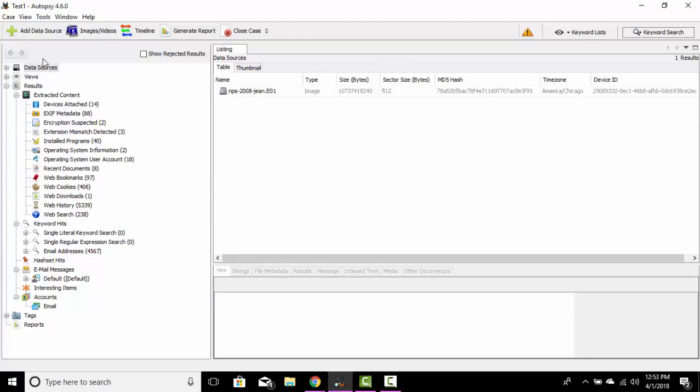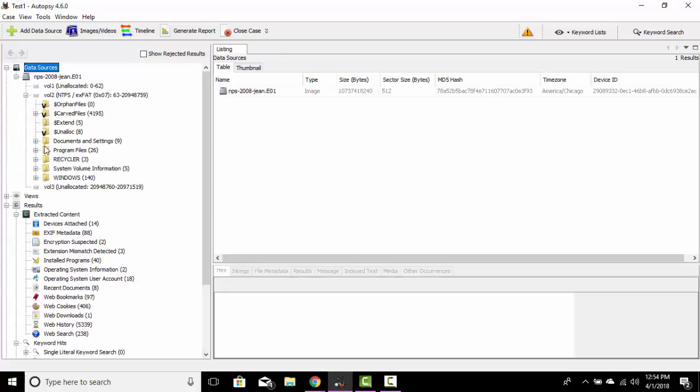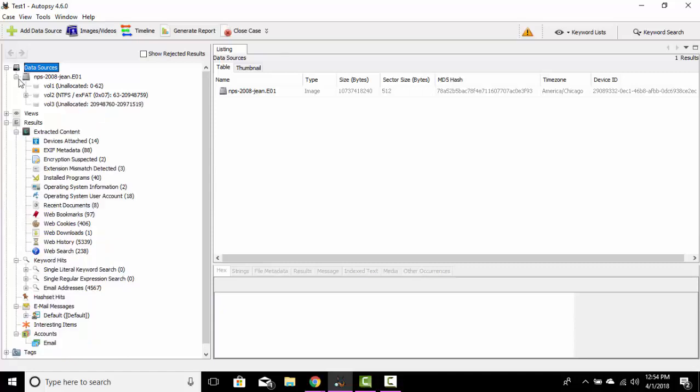So what I want to do is come down to the left-hand portion, and we'll highlight the data source. So this is showing us where this data source is, where the data is coming from. And this is the image that we uploaded. So I can click the plus button, and this is going to allow me to dial down deeper and deeper if I wanted to. I can do it that way, or